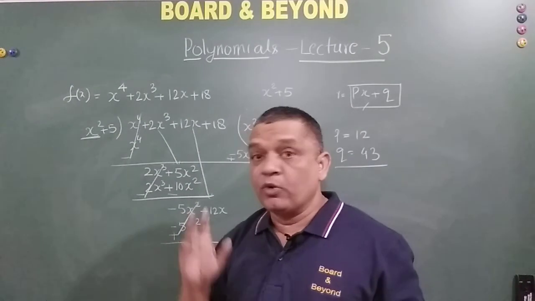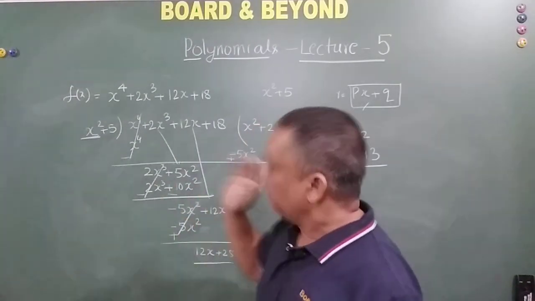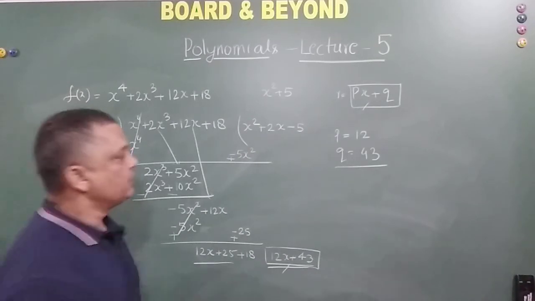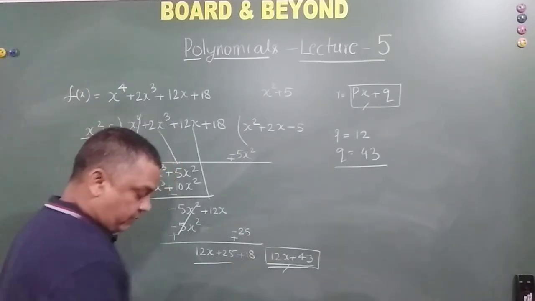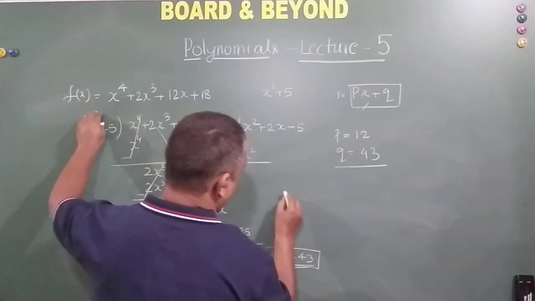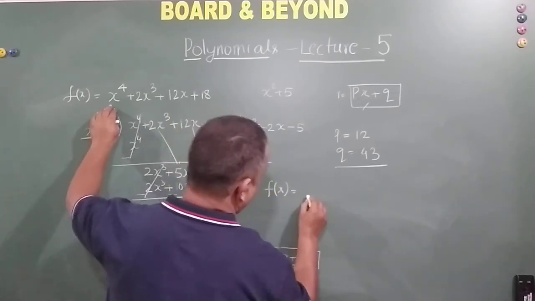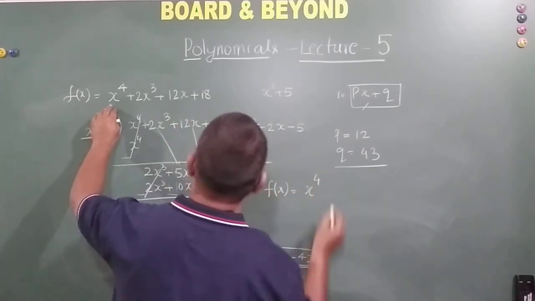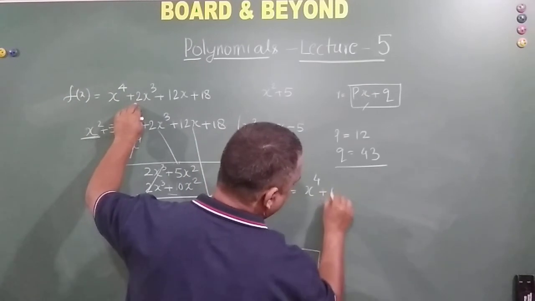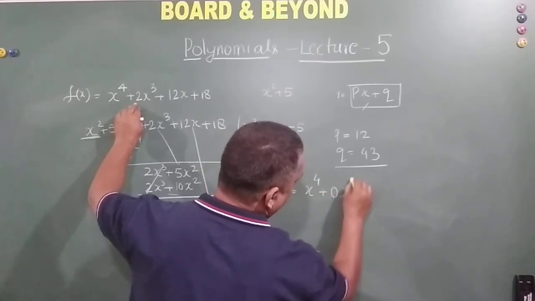Either you be more attentive or you can rewrite the equation as this. I'll just rewrite here. Just pay attention here, my friends. f of x is equal to, I'm going to rewrite, x raised to power 4 plus 0 into x raised to power 3